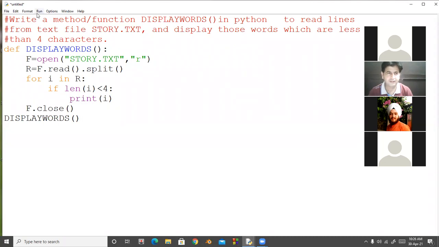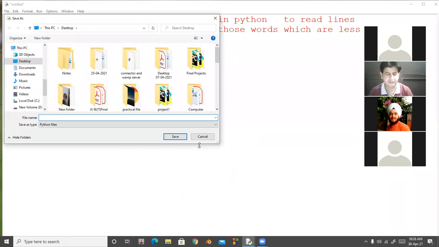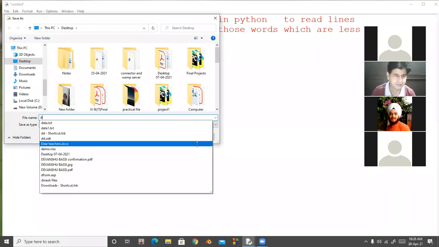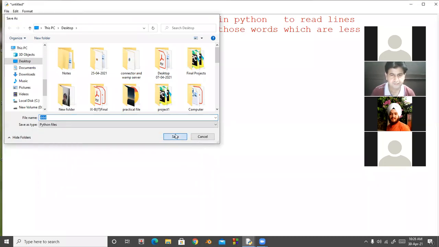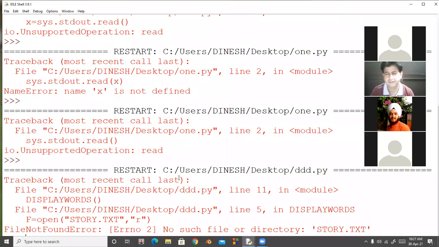If I execute this, definitely it will give an error message. The reason is there is no file story.txt on your desktop.